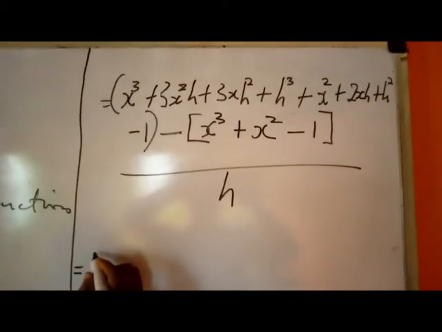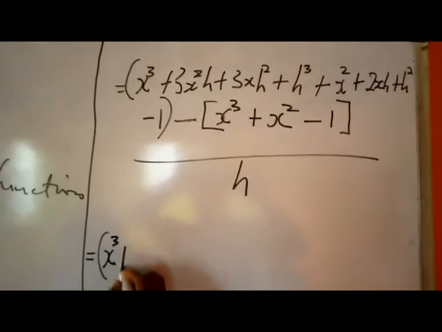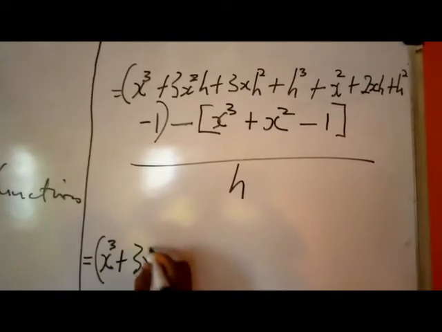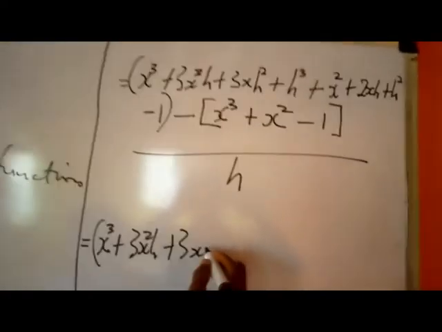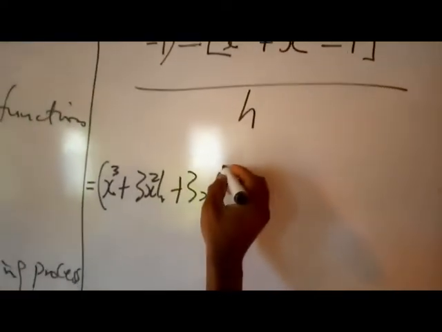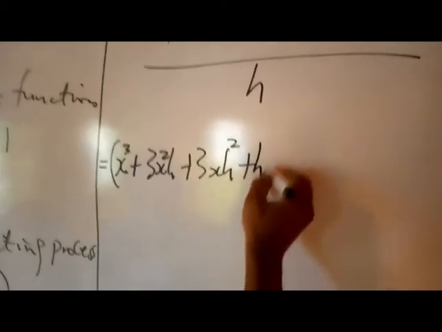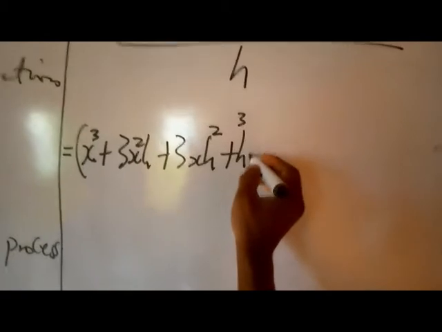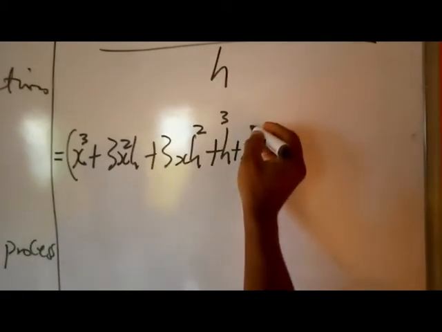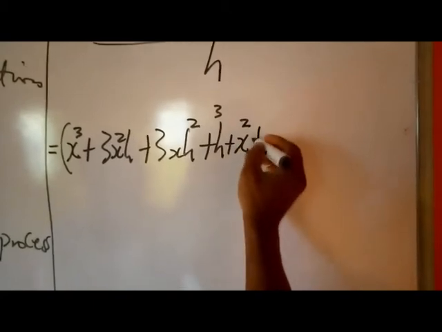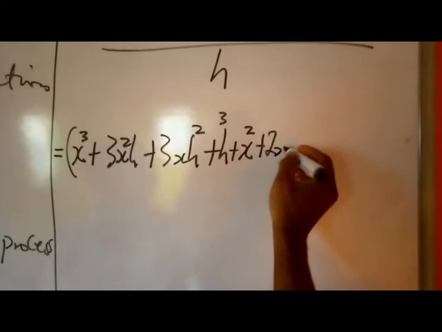So we can now say that x raised to power 3 plus 3x squared h plus 3x h squared plus h raised to power 3 plus x squared plus 2xh